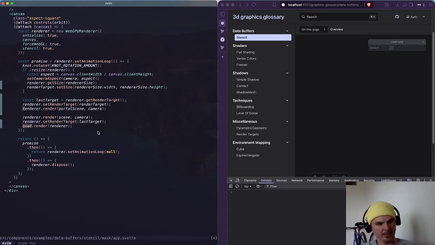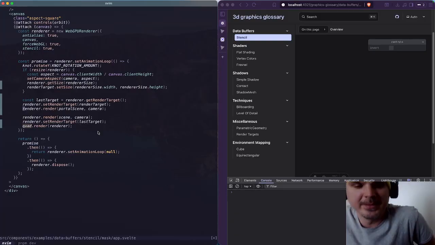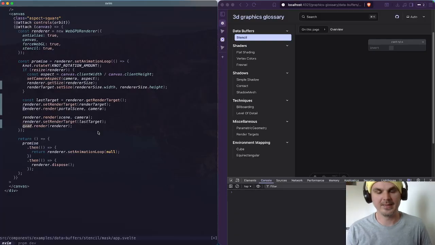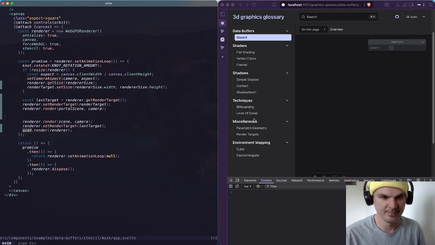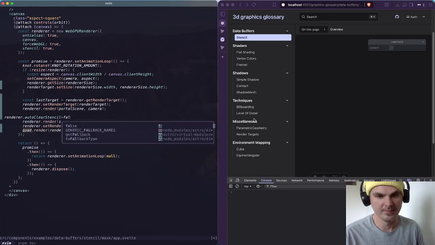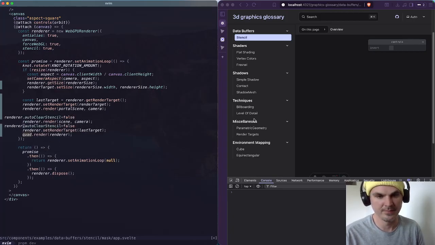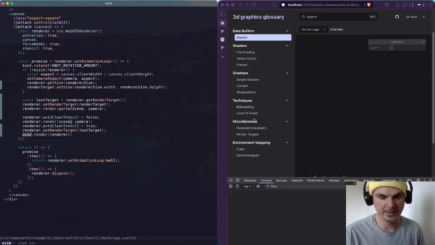We'll render the portal scene onto the camera, or sorry, onto the render target. Something like that. So it's rendering both onto